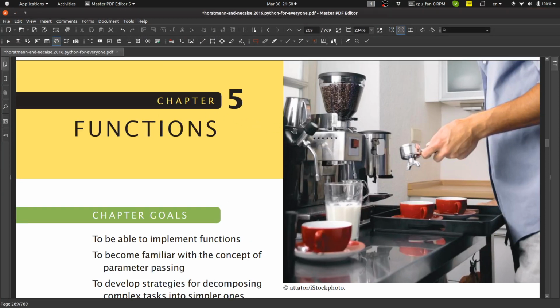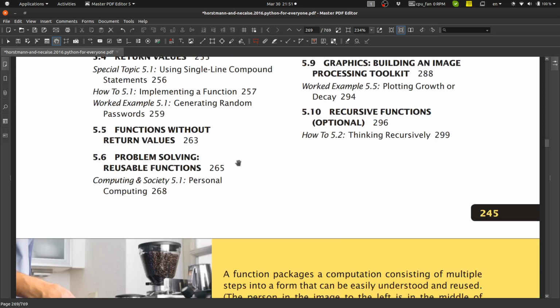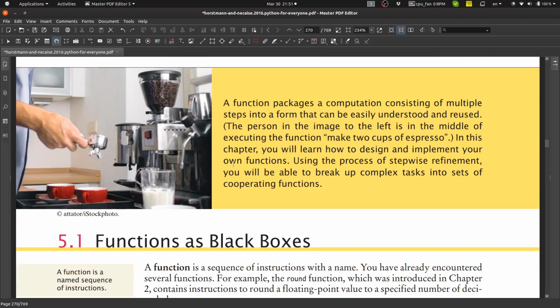Ladies and gentlemen, we are back with a discussion on chapter 5. In this chapter, we'll be discussing functions, how to write functions, essentially. And we're going to look into different perspectives on functions. So let's begin. So functions are a collection of statements that do something very specific, like reversing a string, uppercasing a